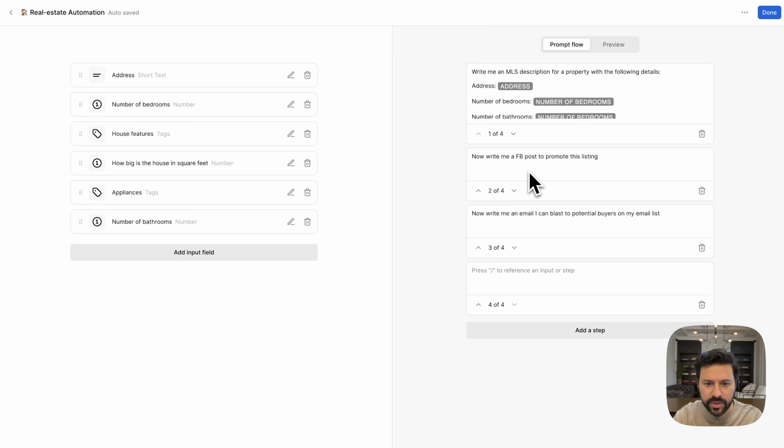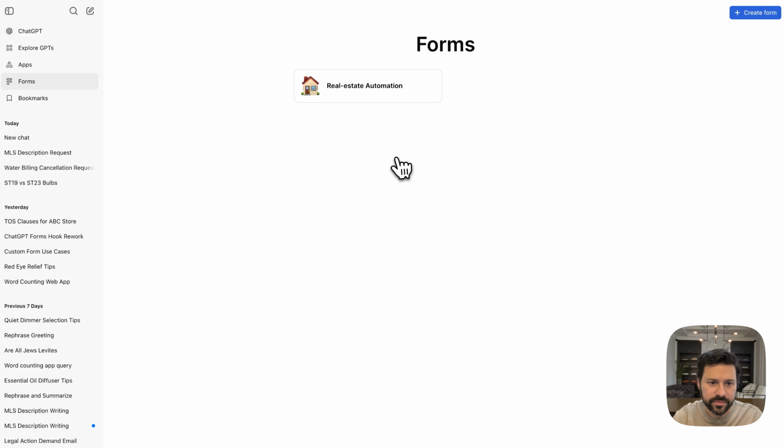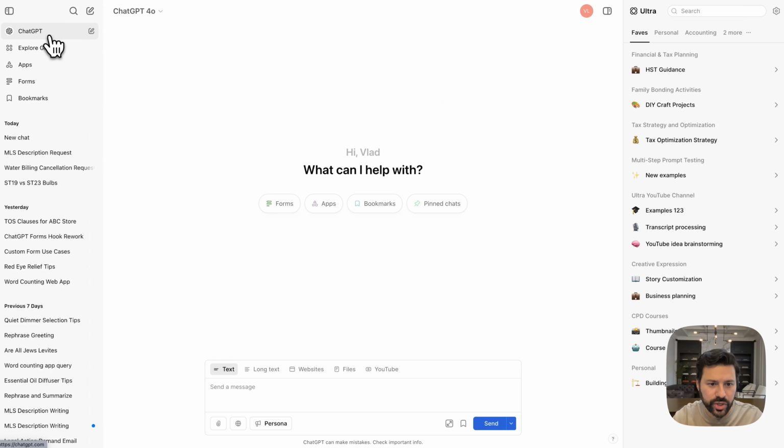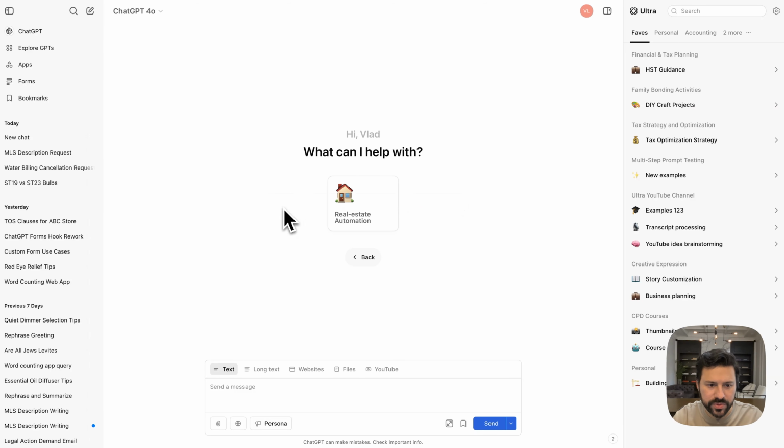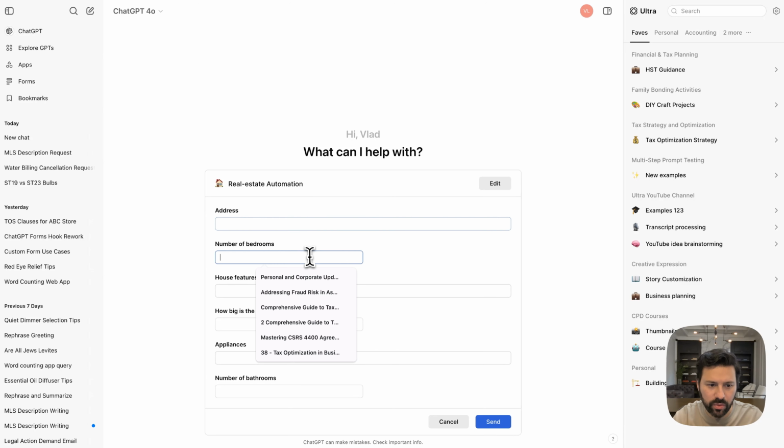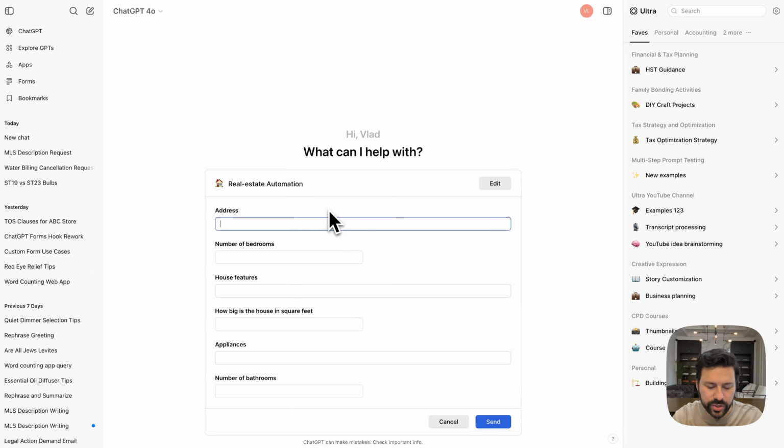So second step here is a Facebook post and email. Let's say write me text for a flyer, write me text for a Twitter post. And if we press done, we can also star this automation here so that when I start a new chat, I can just go on forms here and it'll be pinned over here as a favorite. And all I have to do is click on it, and right away I can input the information like 51